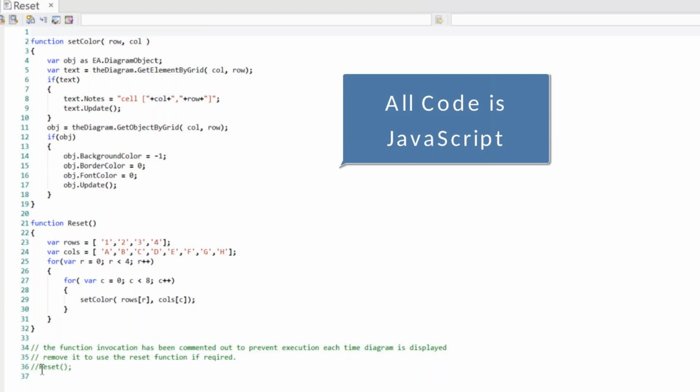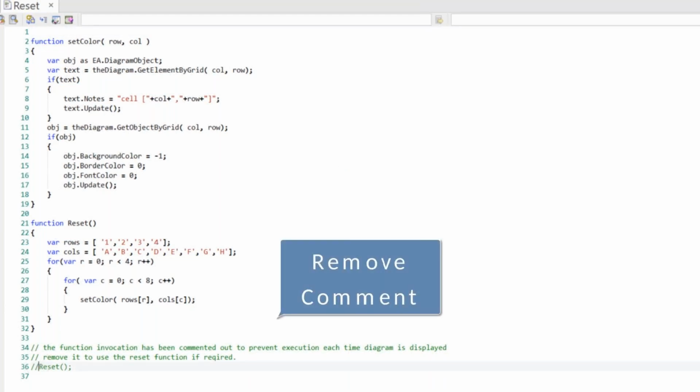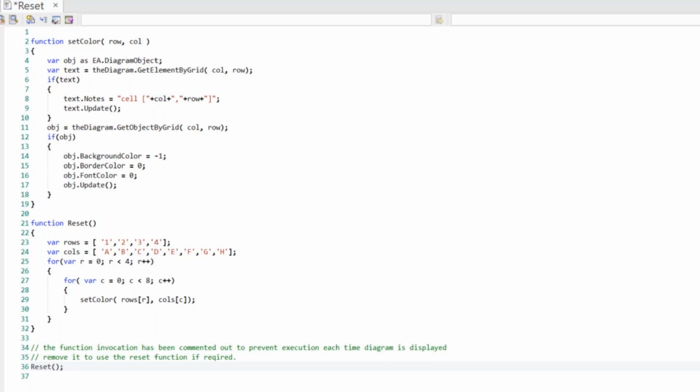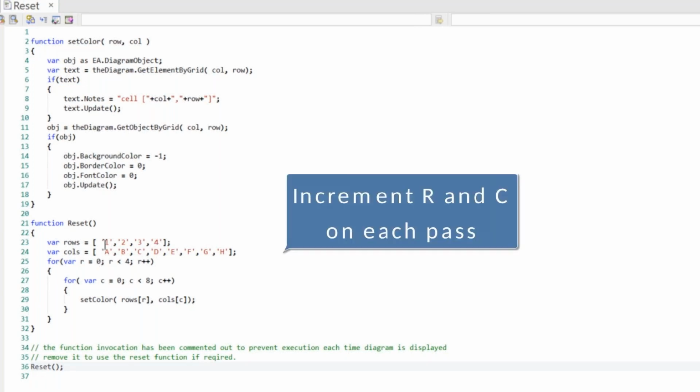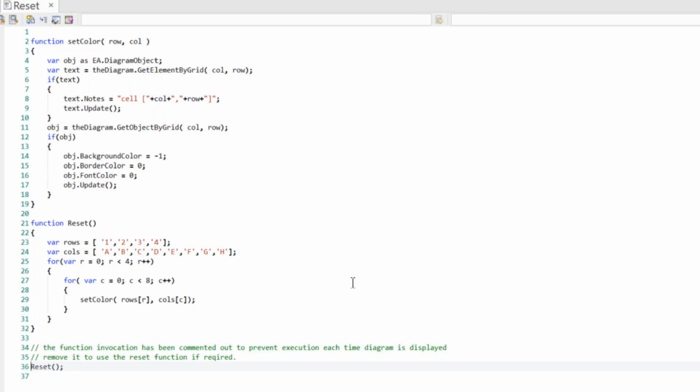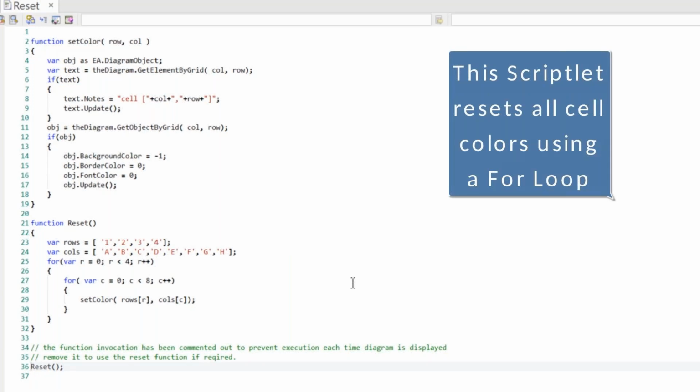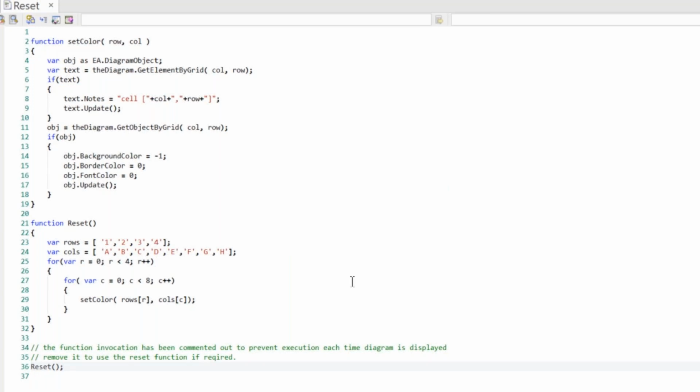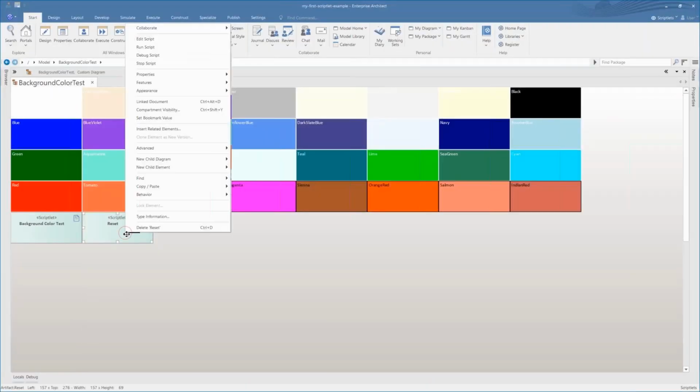So if you double click on the scriptlet element, it will bring up the code in the code editor. Now what I've done is I've removed the comments for how to reset, and you can see that the JavaScript increments R and C in order to count the rows and columns, and it resets the color.